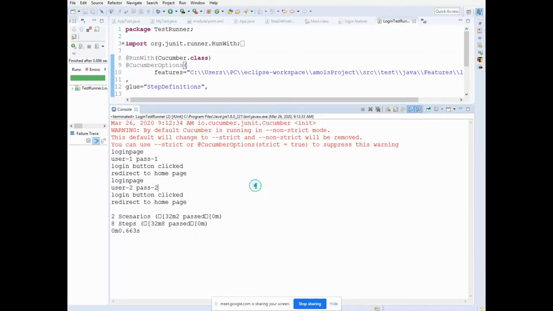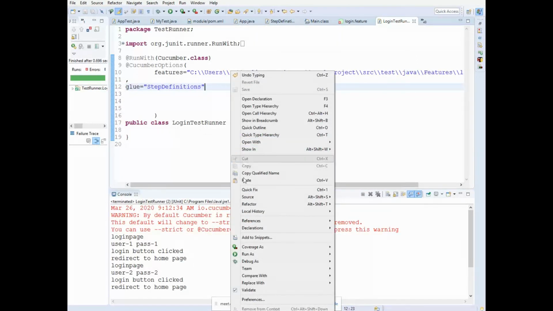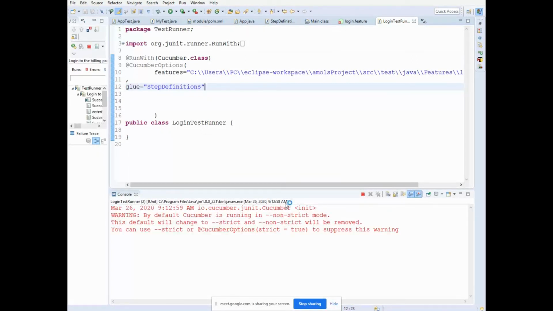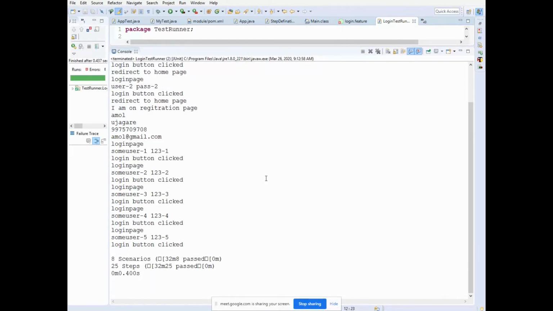See the output. See, only this first one and the second one. Let's try removing the tags. If I remove this and if I run, you see all the tests have run.